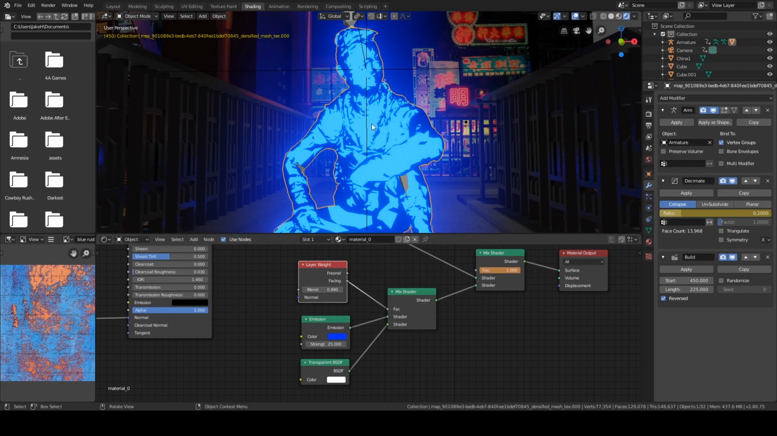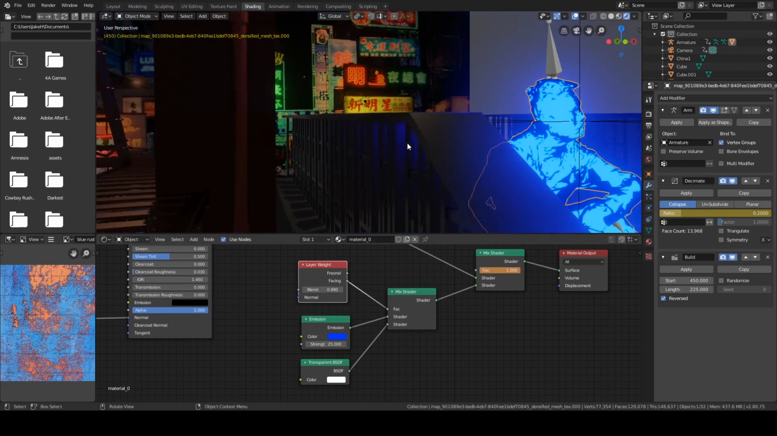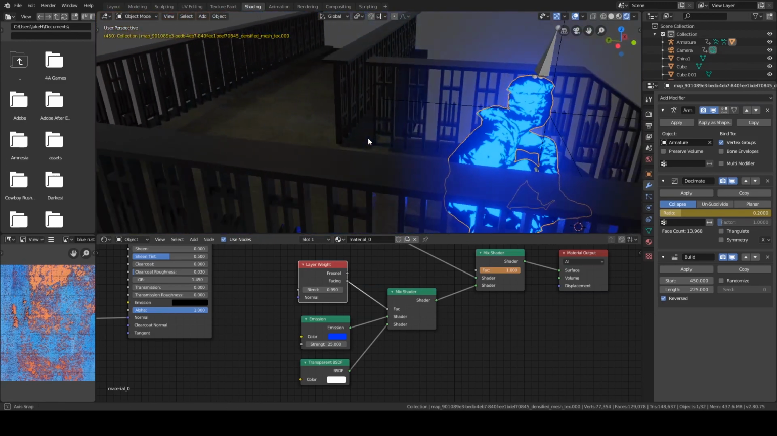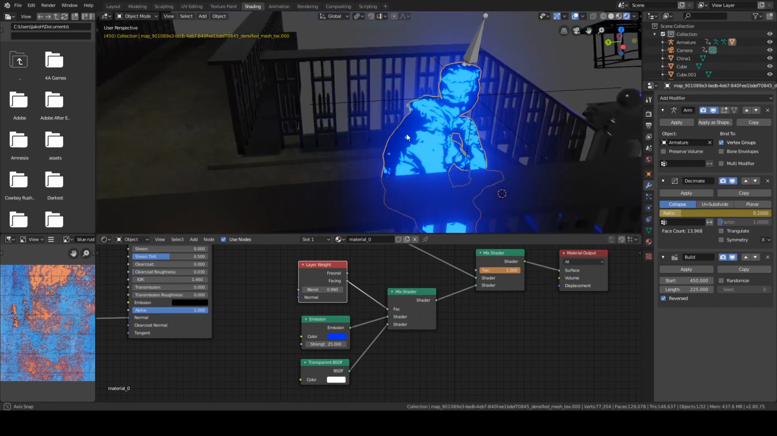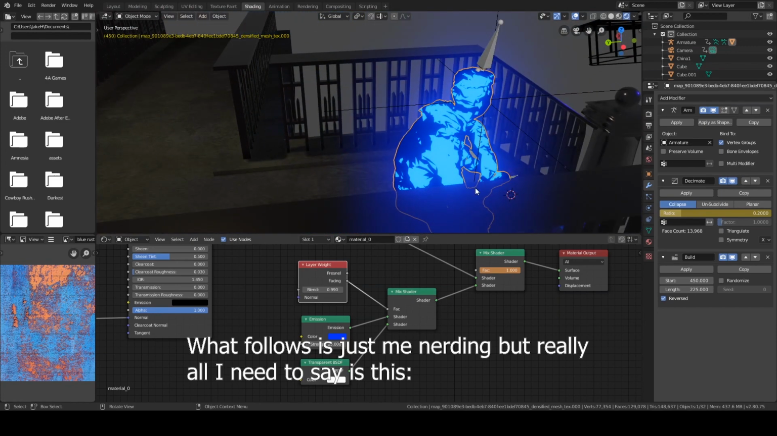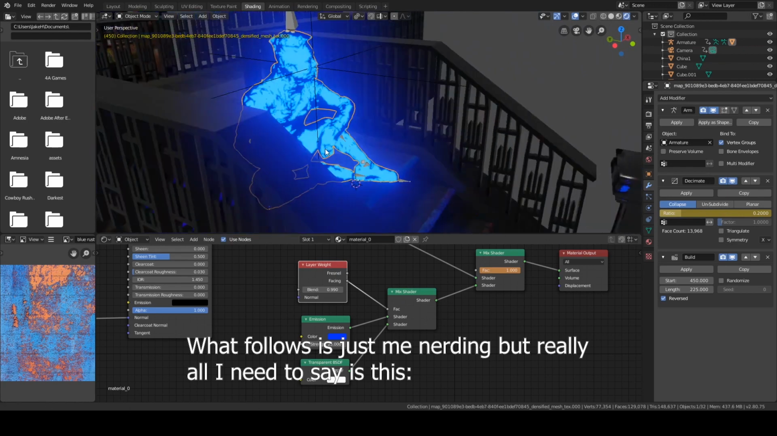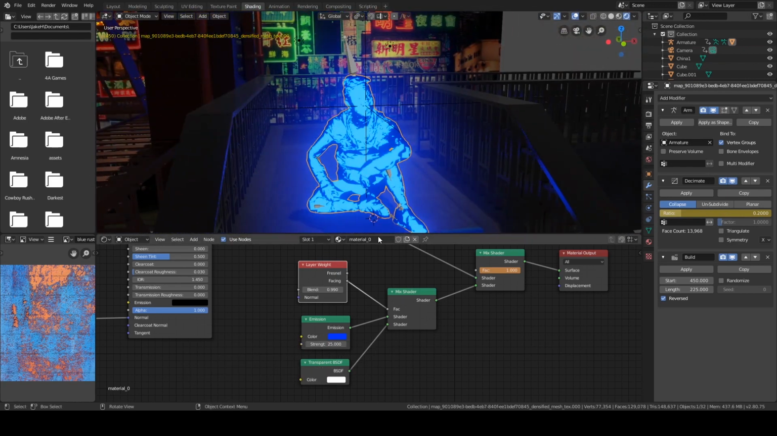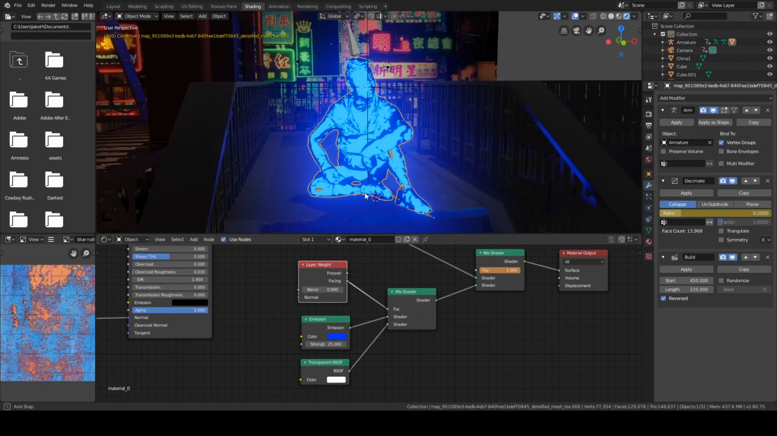There's a layer weight node, which basically means any direction that you look at this from, it will change based on where you're seeing it from, which is pretty cool. I saw that in a YouTube tutorial and I was like, oh, I can make something cool out of this, so I did. So that's just an emission shader and a transparent, put into a mix shader, with layer weight into the factor, and then